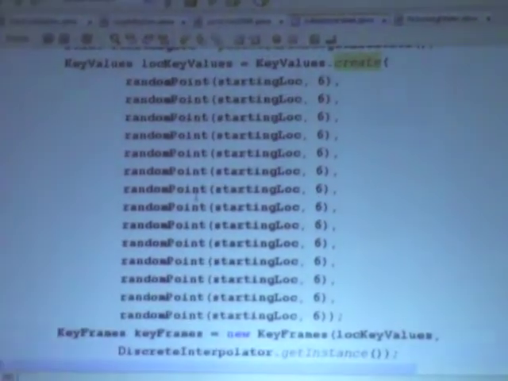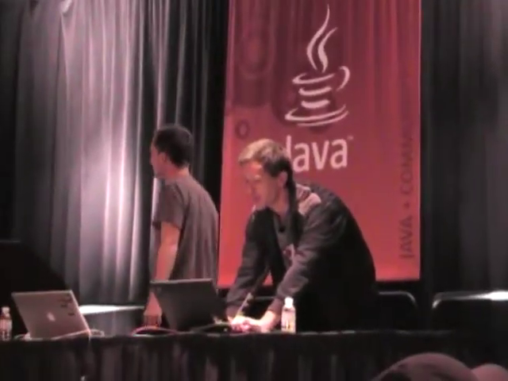So we can see how we implemented that. You can do animations like that. I happen to use the timing framework. It's a framework I happen to be familiar with. We create a bunch of random points that it's going to jump between whenever we run this animation. We create keyframes with a discrete interpolator. Discrete interpolators just go from one value to the next over time instead of actually calculating the in-between values. So it's an interpolator that does not interpolate. Right, but discrete seemed lonely on its own, so we gave it an extra word. Smart. Then we create an animator. We use the property setter and say, okay, we're going to